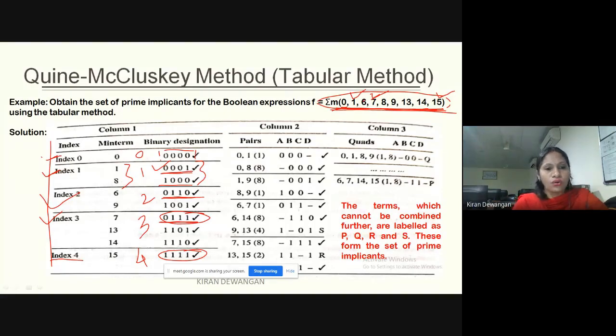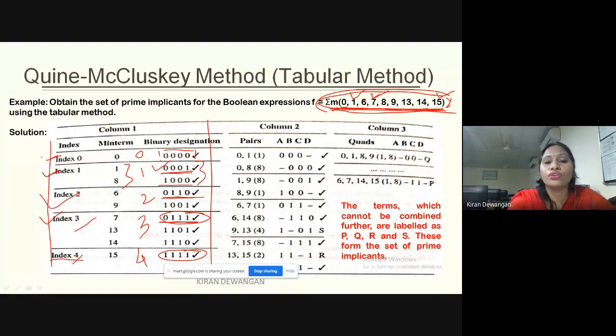So that is how we are dividing the min terms into different index groups. These are the different index groups. Is this clear till here, everyone? Is it clear till here? Index n, where n defines the number of ones in binary designations. Correct. Clear? Index 4 will have 4 number of ones. Index 3 will have 3 number of ones in the binary designation of any min term. Clear? So this is the concept of the index.